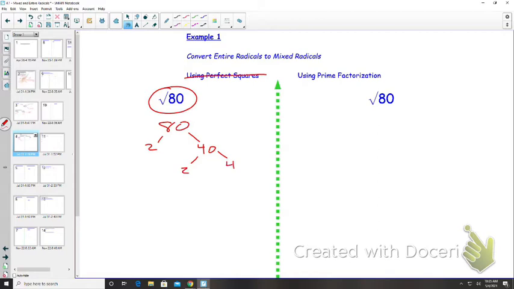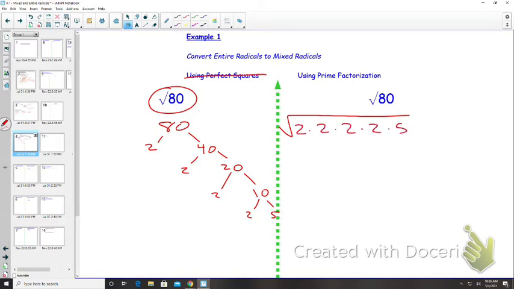And we'll just keep going. We're going down. So how do we get to 40? It's 2 times 20. How do we get to 20? It's 2 times 10. 10 is 2 times 5. Can we reduce 5 anymore? No. So then you have 2, 2, 2, 2, 5. Yep, perfect. So then we have square root, and 1, 2, 3, 4 2's,